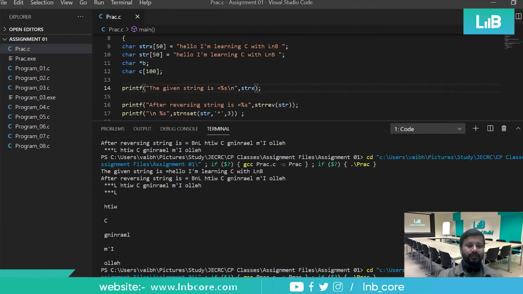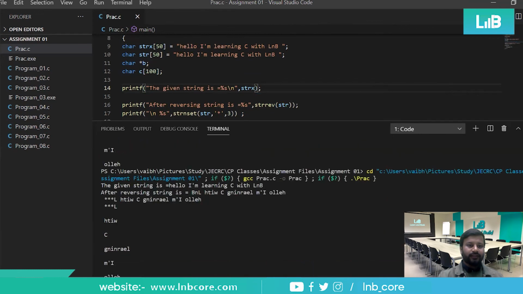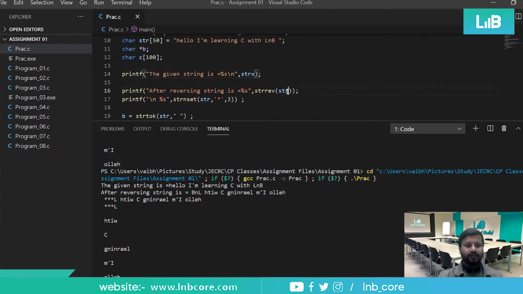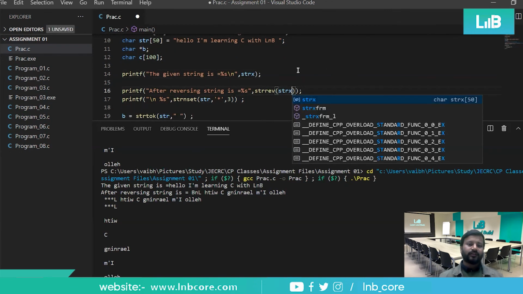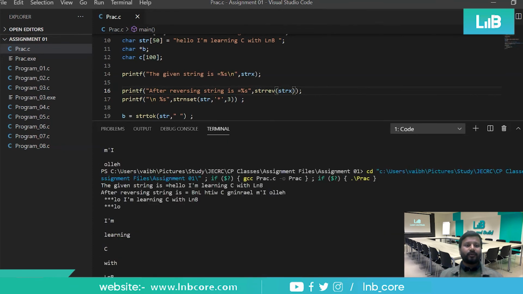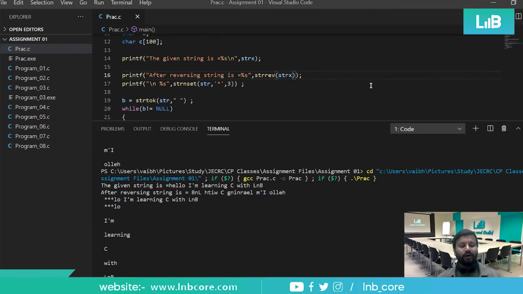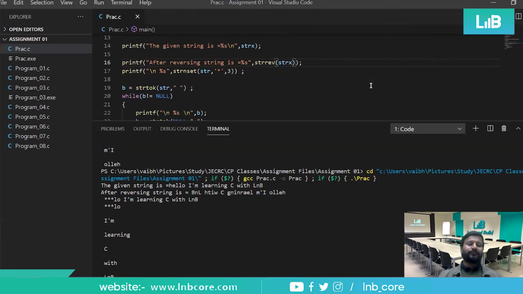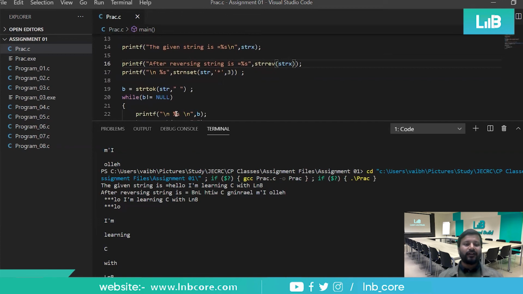And similarly in the next line also, in the 16th line. Yes, that should be strx. Yeah, now this is perfect. Even you could have done this operation as well. Which one? That str dup, where you could have copied or made a duplicate of the first string only, because str or strx both are same. Now this is perfect.